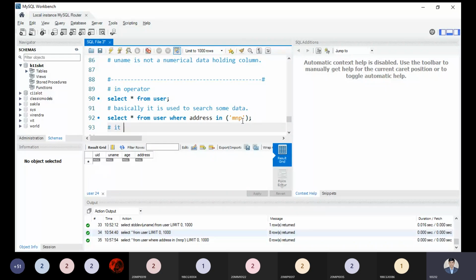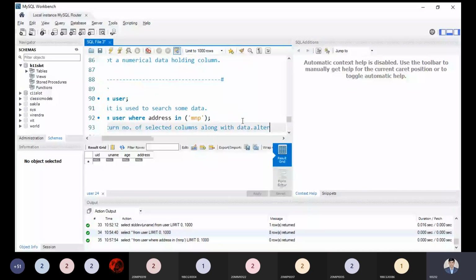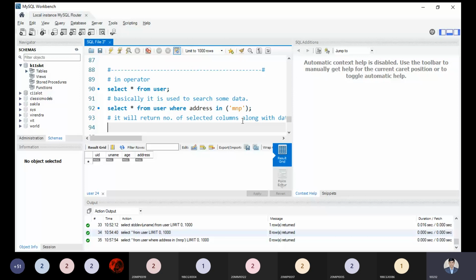It returns the number of selected columns along with data. MNP is a data value which does not exist in our address column, so that's why we are getting no information.